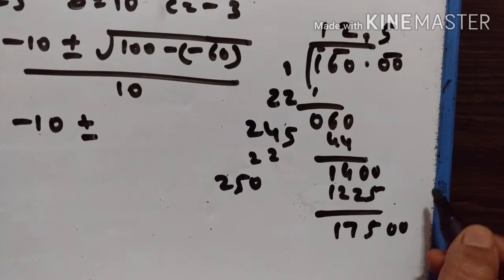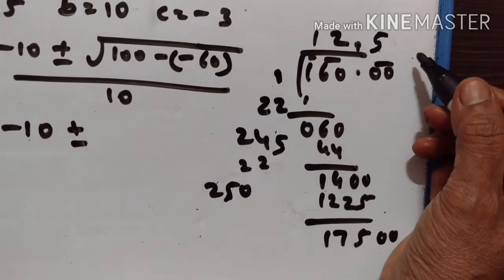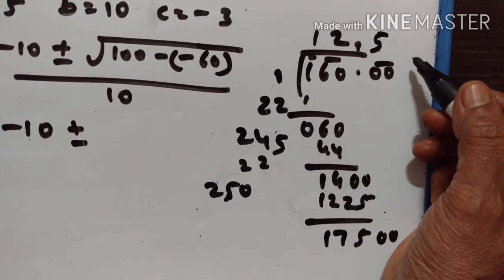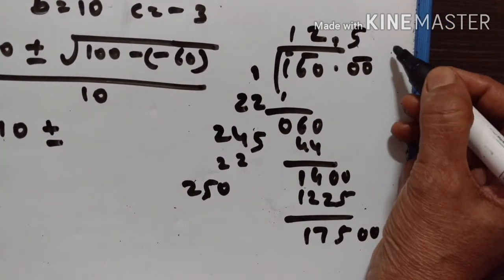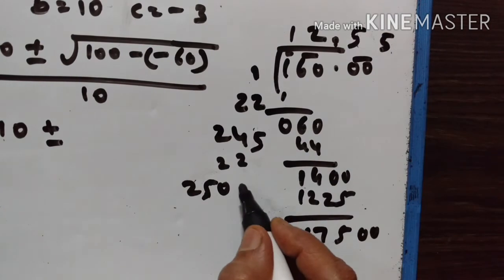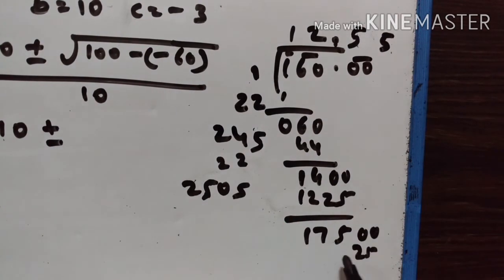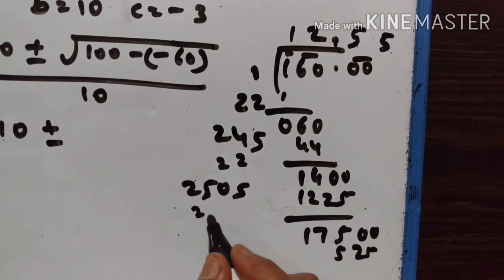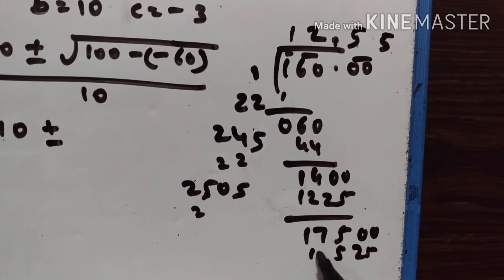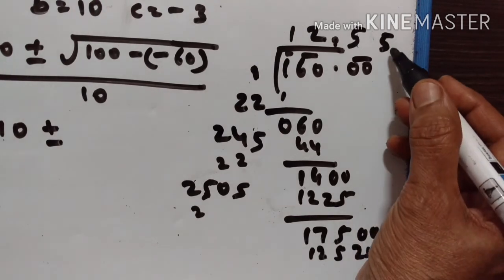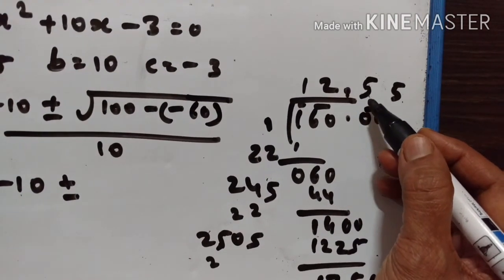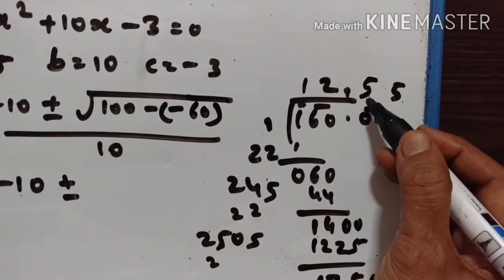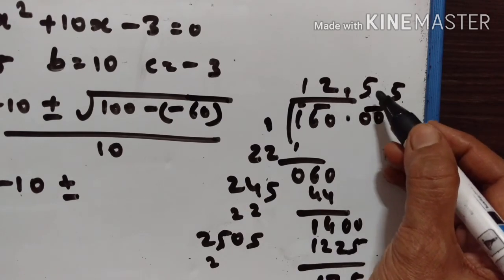Now let us see whether the next number is equal to 5, or greater than 5, or less than 5. So 5 into 5, 5 5s are 25. 5 2s are 10 plus 2, 12. So this will be more than 5. So let us increase 1 here. We have to approximate it up to one decimal place. So this is 12.6.